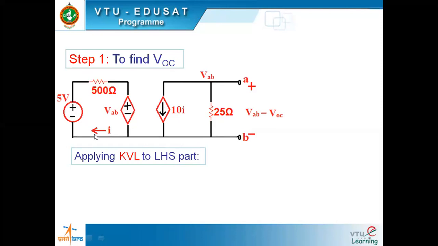Fine, and apply KVL, everybody. Let's see, how does the KVL look? We are moving in this direction. Again, you need not mark any current because this I itself is the mesh current. We could mark another mesh current here, but there is no necessity because there is just one mesh here. So let's go on. This is -5 since we are approaching the negative terminal, then plus 500 I, plus VAB. So that is -5 plus 500 I plus VAB.